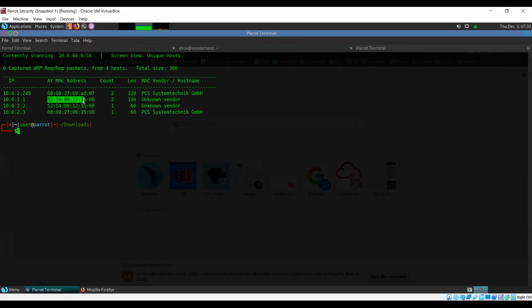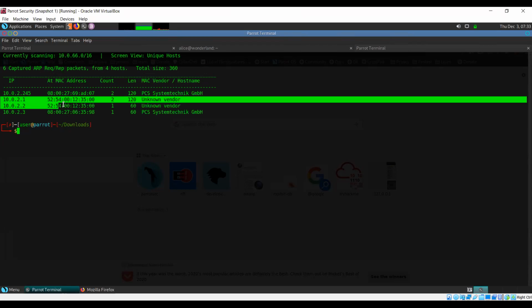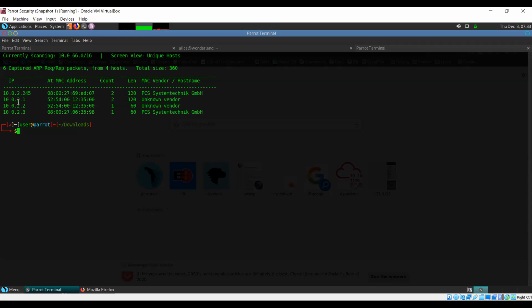This is the MAC address for the gateway, and the MAC address for the second IP is also the same. So it means that this is the same device. These are just two different interfaces on the gateway. So we can remove these as potential targets. That leaves us with just two other IPs, 2.3 and 2.245.